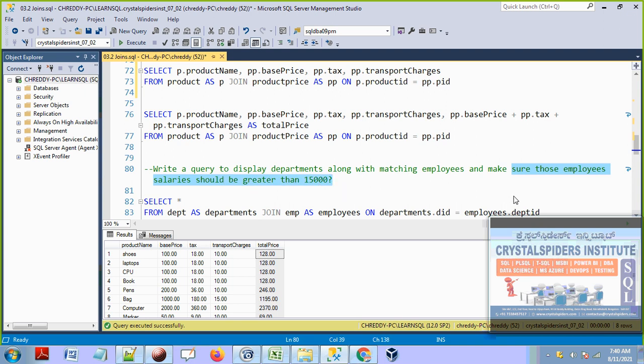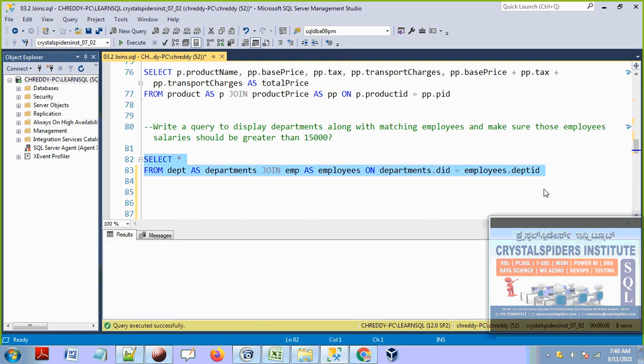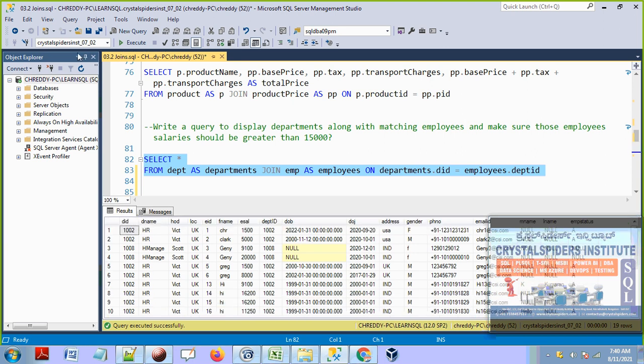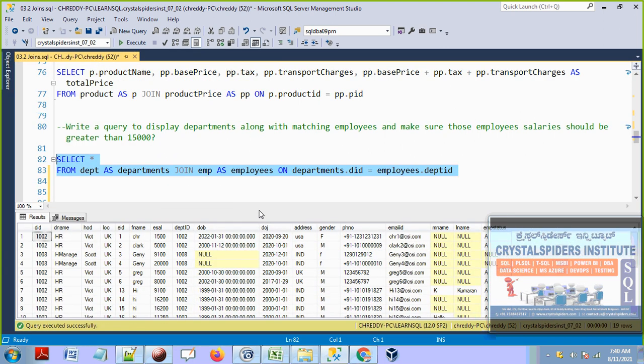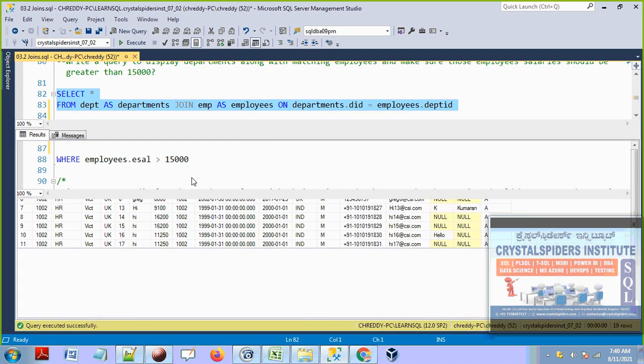Guys, first let's go ahead and join the departments table, with alias name departments, join employees, with alias name employees, and based on the DID column values and the DEPD column values we are going to join these two tables. Joining the DEPD table and employee table will produce these results.